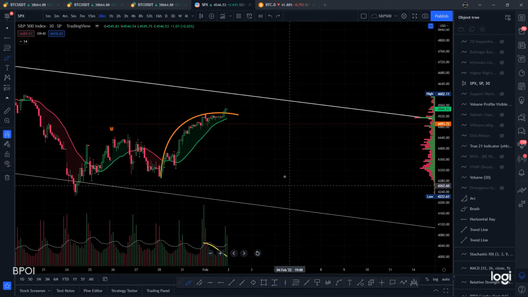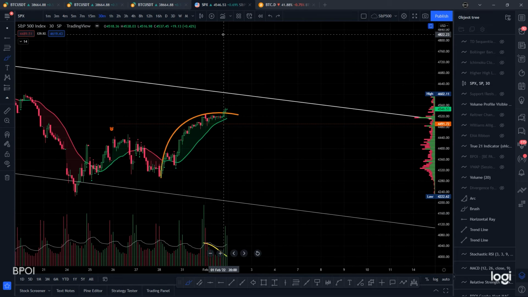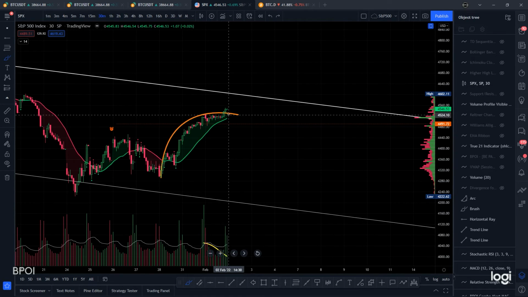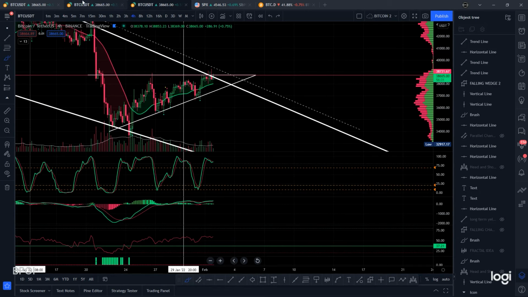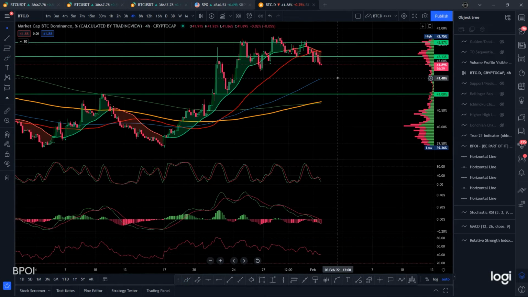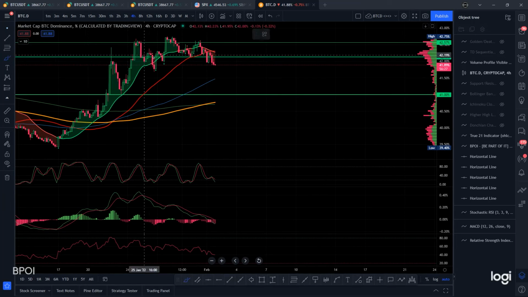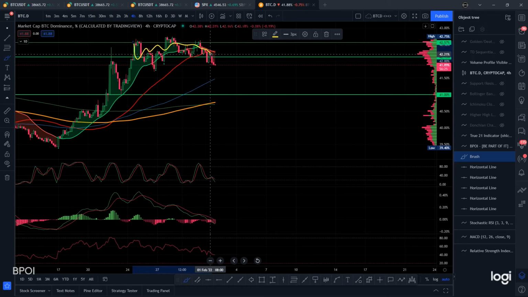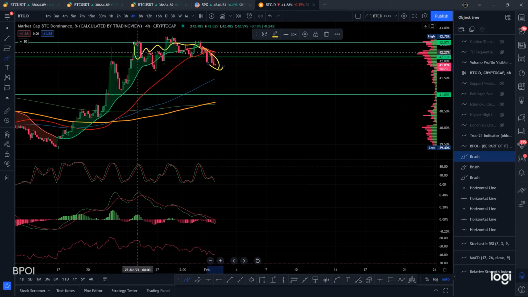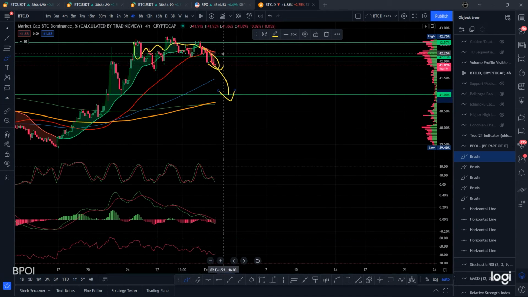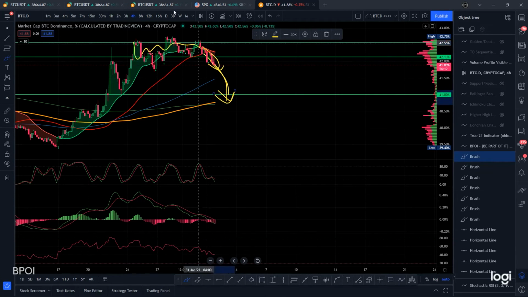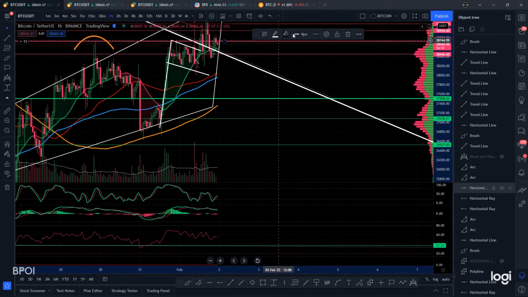Okay, so there's a degree of correlation between Bitcoin and the S&P 500, and we just need to keep an eye on that. Bitcoin dominance, where's Bitcoin dominance? Bitcoin dominance has been dropping. Bitcoin dominance was holding above this level for some time. We've just seen a move down. What we're looking for is for this to continue moving downwards. Altcoins will then start to move a whole lot better. Not moving particularly well at the moment, so a continuation down from Bitcoin dominance, and then the prospects of a